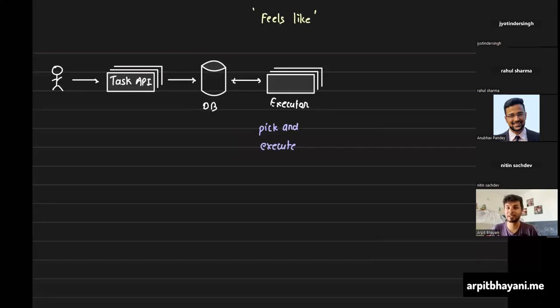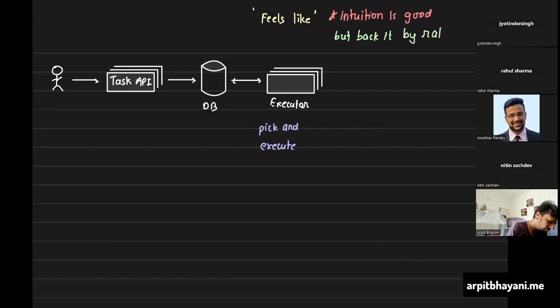No, that's a good point. Your intuition is kicking in, right? That is a good part. But you cannot just write in a design doc that I felt like this. It has to be backed by some reason, right? Of course. Right? What would be that reason? Having less logic in an executor. An executor could simply be a very dumb machine which you just give a task and it executes. And we can spin up executors as we want while there's a scheduler which is supposed to hand those tasks out.